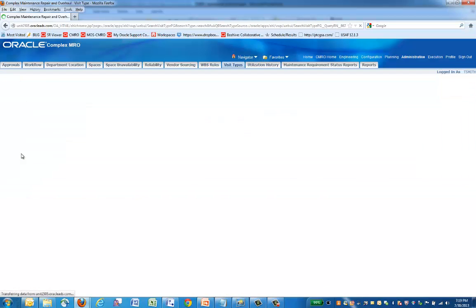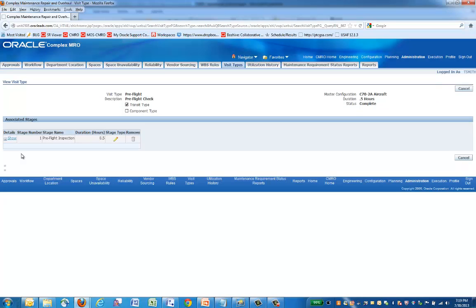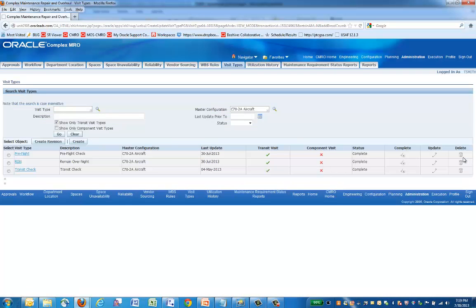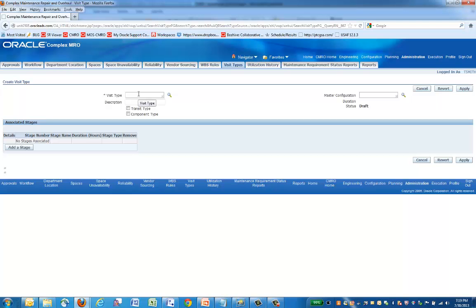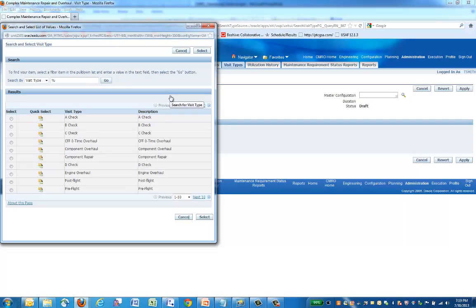For our pre-flight example, it's a much simpler visit type. It only has a half-hour single stage for pre-flight inspection. To create a new visit type, we'll click on the Create button, and we'll have to select a predefined LOV, a visit type,